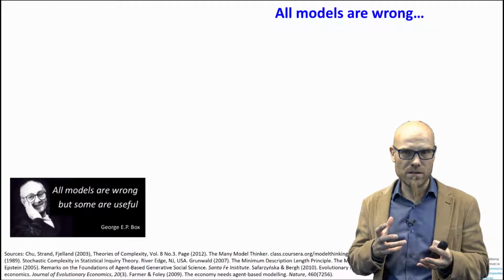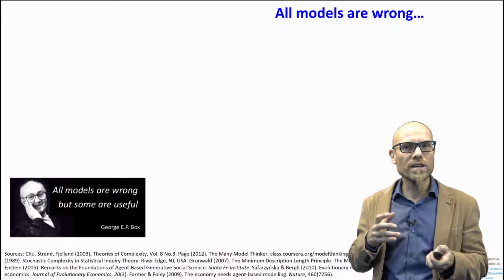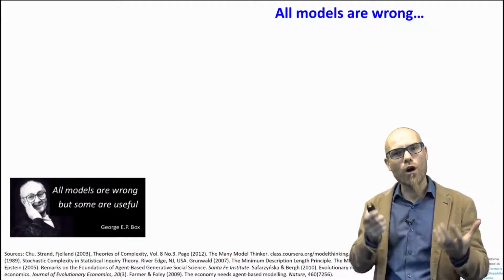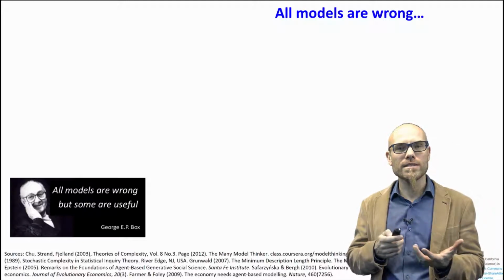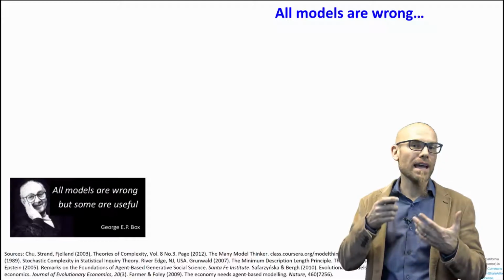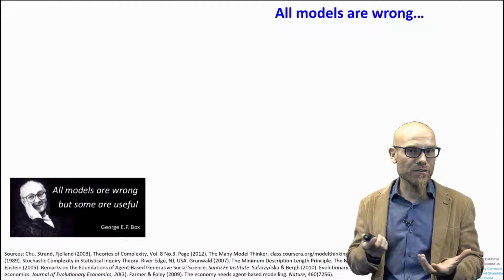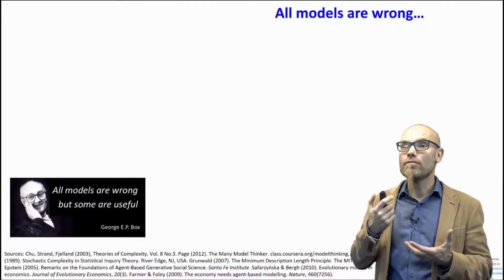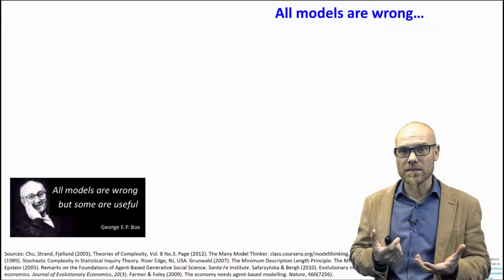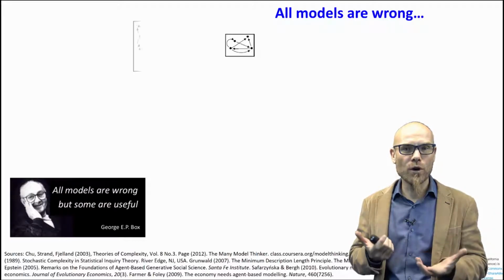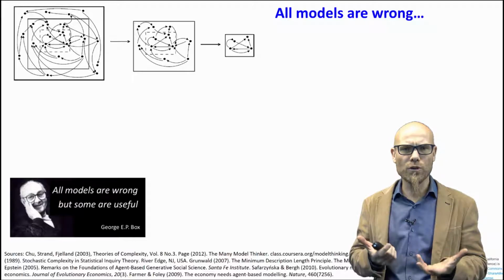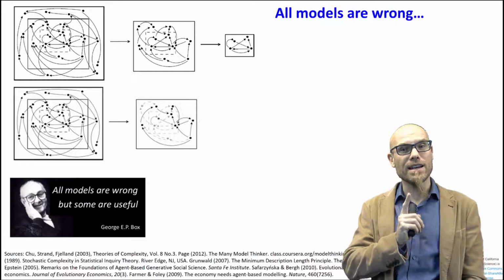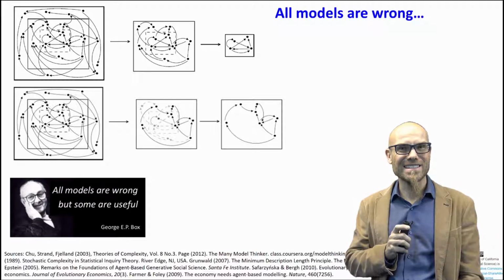Well, they must be wrong. As we already said, the only real working model of the universe is the universe, because you always abstract, you cannot model everything. So if you start out with some dynamic that you model here, and you go into a bigger dynamic, which actually derives from a much bigger dynamic, you might as well abstract in a different way. Now, which one of these two models is right and which one is wrong? Well, both are wrong, because both are not a one-to-one map of reality, but one might be more useful than the other in order to understand something, right?